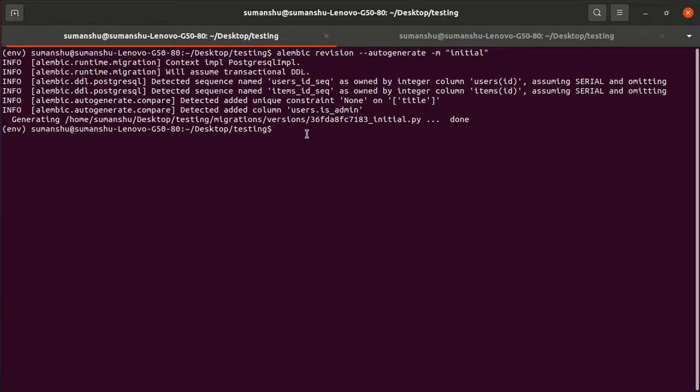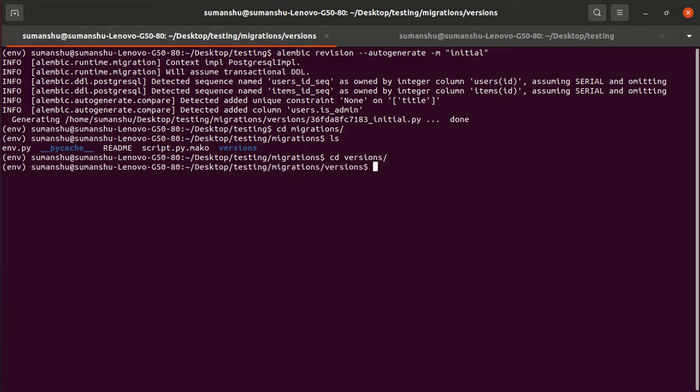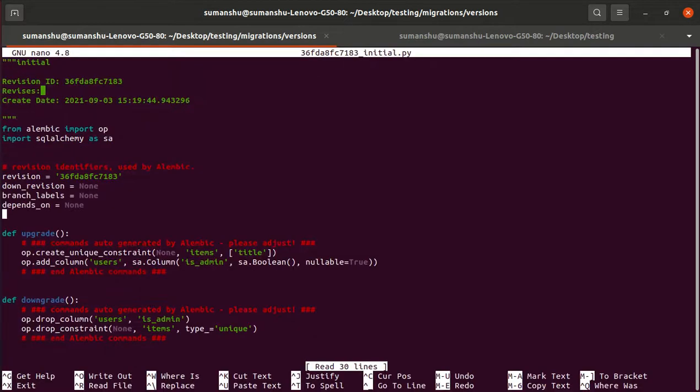Yeah, so now it automatically recognizes a few things. So if I go to the migrations, ls, cd versions, ls, now we have the version nano 3. So you could see the upgrade and the downgrade